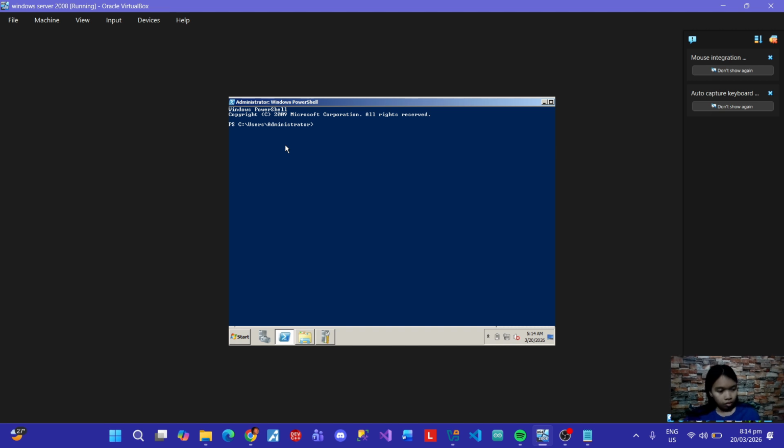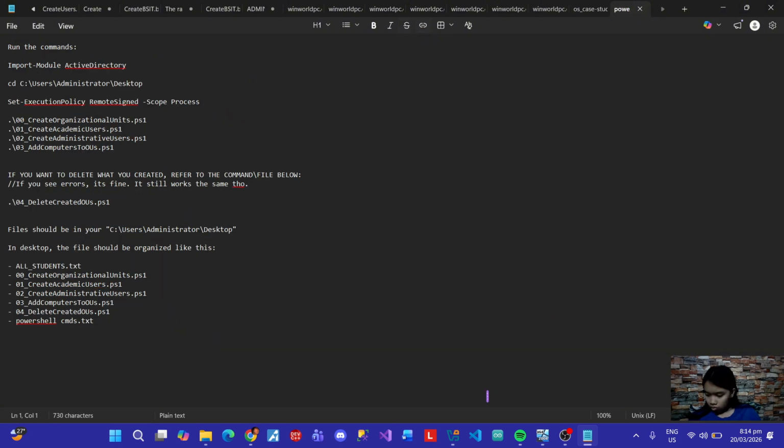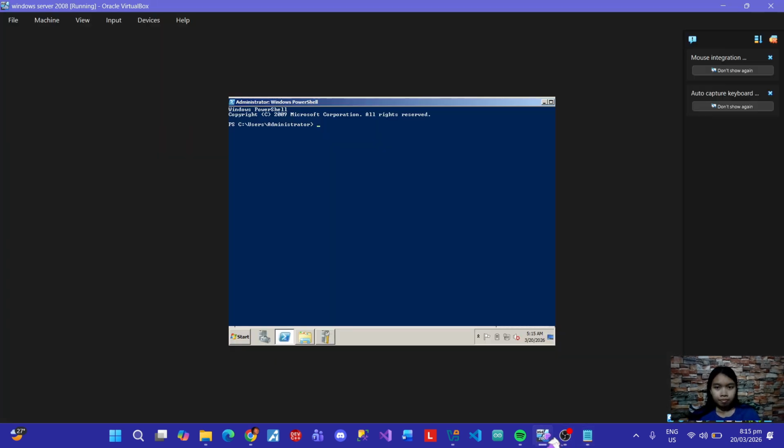So first, we will type this: import module Active Directory. Then after that is CD.